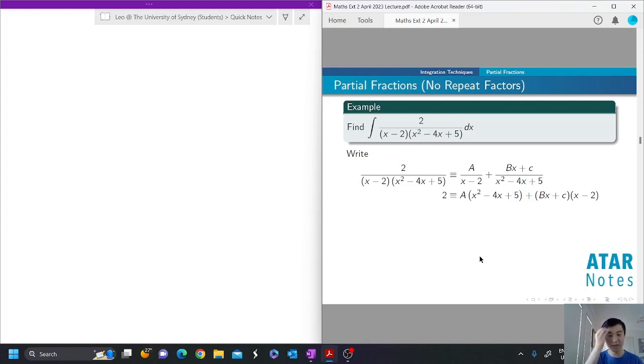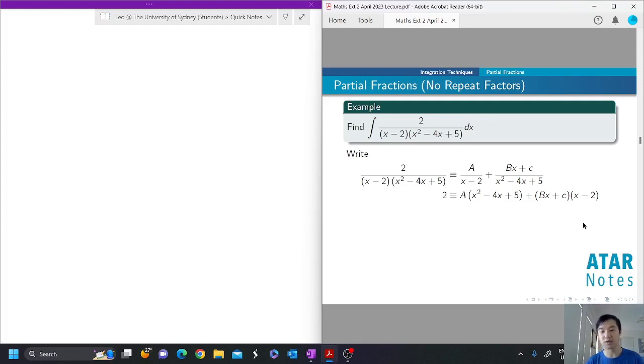Notice how this time, because this is a linear factor, the numerator for this fraction is a constant, but for this one, because it's a quadratic, we want to put a linear numerator instead. So remember that the degree is 1 less than what it is. So we are going to let it be equal to that. And then when you combine it into one fraction and compare the numerators, you see that 2 is identically equal to a times x squared minus 4x plus 5 plus bx plus c